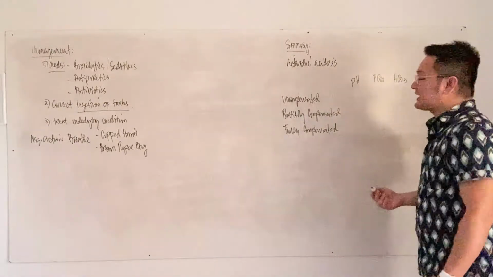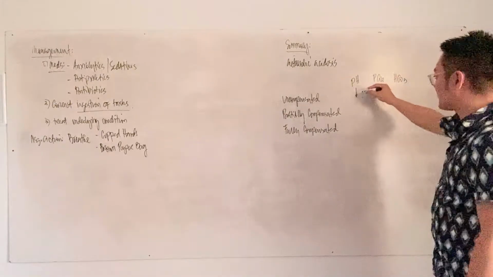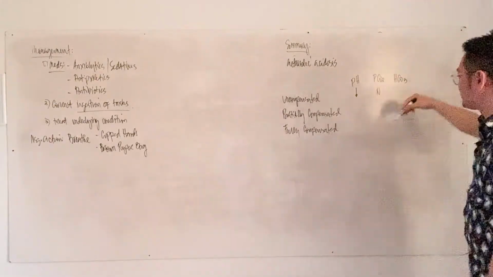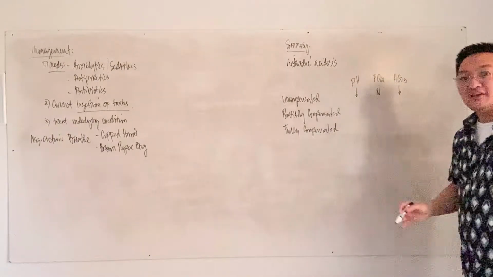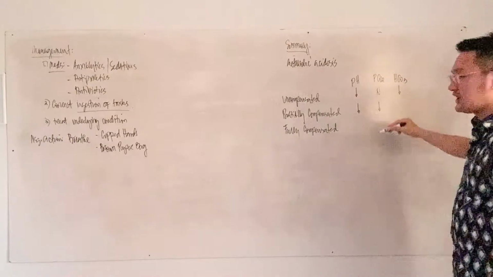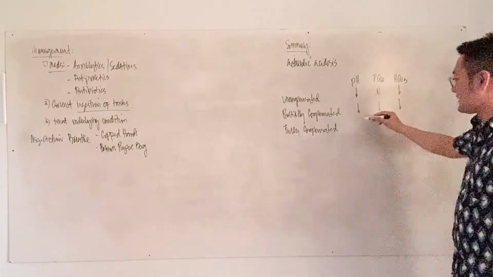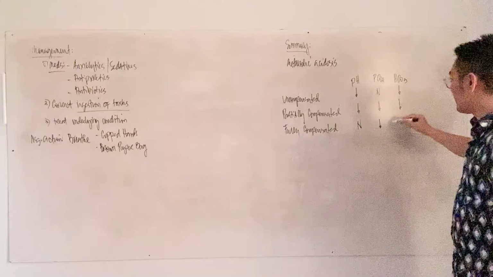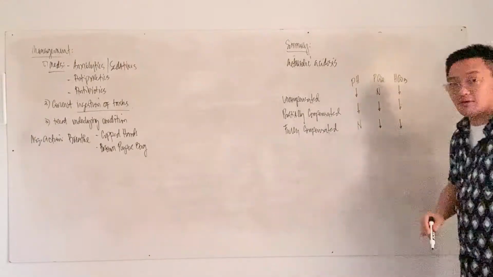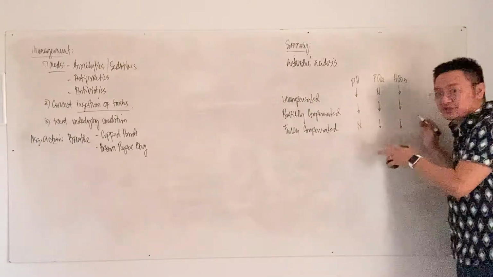So if it is metabolic acidosis uncompensated, what you will have here is a decrease in the pH, normal PCO2, and bicarbonate is low. If it is partially compensated, the pH is low, PCO2 is low, bicarbonate is low. If it is fully compensated, the pH normalizes, but PCO2 and bicarb are low. Okay? So remember, this is a form of your metabolic acidosis.